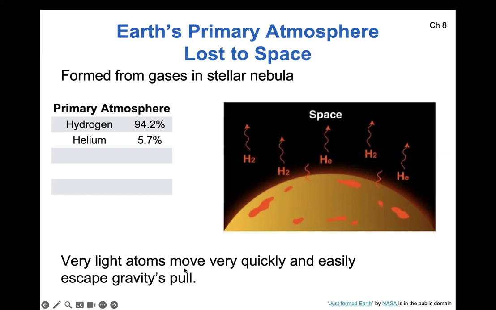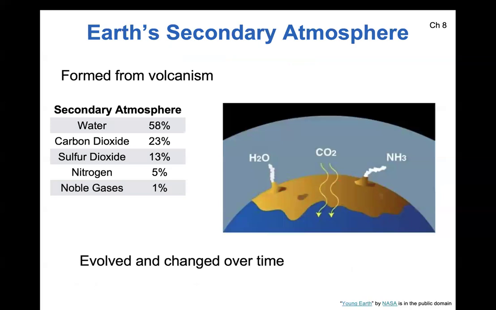All right, but key idea: the very light atoms move very quickly. That's it. It just takes not a lot of energy to accelerate them. Right? They can easily escape gravity's pull. And we'll actually see the equations for this in the slides when we talk about Mercury. And I'm going to go really quickly through those because there's a homework assignment that covers it as well. So it's going to be, okay, here's your introduction to it, and you'll get to practice with the homework. And what I mean by that is calculating escape velocity.